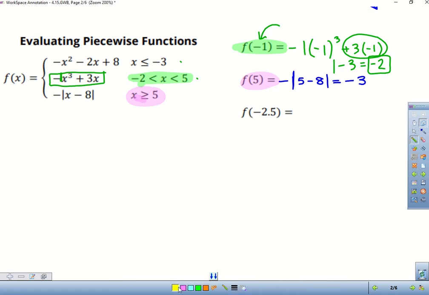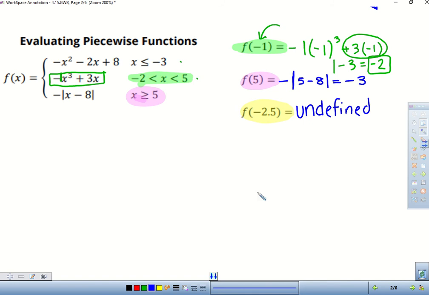So I want you to look really carefully at this one. -2.5. What boundary does that one fall in? It does say the middle one. Is -2.5 greater than -2? No. Does it fall in any boundary at all? No. This is what we call undefined. Undefined. So this is what we would call a discontinuous